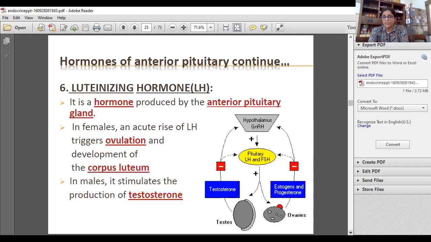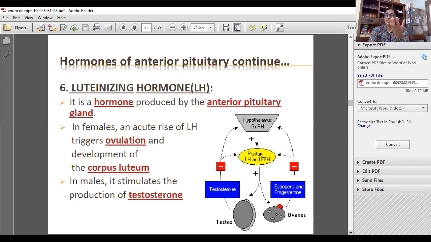Similarly, the LH, the luteinizing hormone, again secreted by the anterior pituitary. This LH has a very important action on triggering of ovulation and the development of the corpus luteum in the non-pregnant uterus. If we look at its function, we will understand that this luteinizing hormone causes ovulation in the middle of the menstrual cycle, I mean at the midpoint between two menstrual cycles. And since the ovum is released and not fertilized, it will be wasted or thrown out of the body.